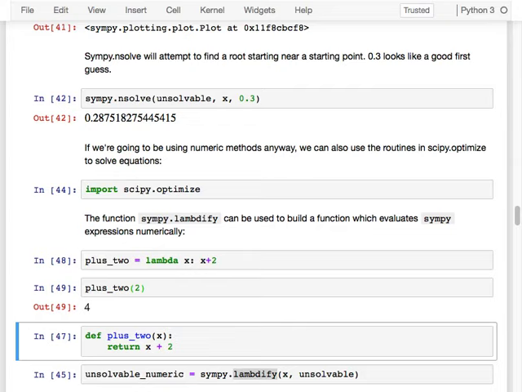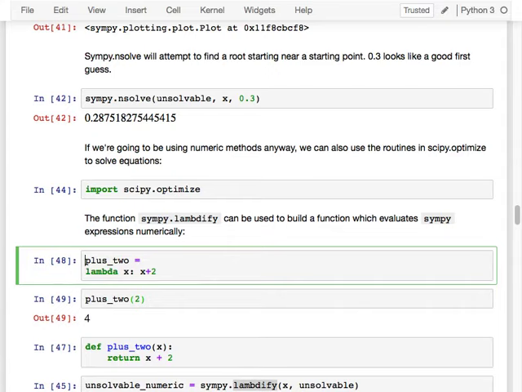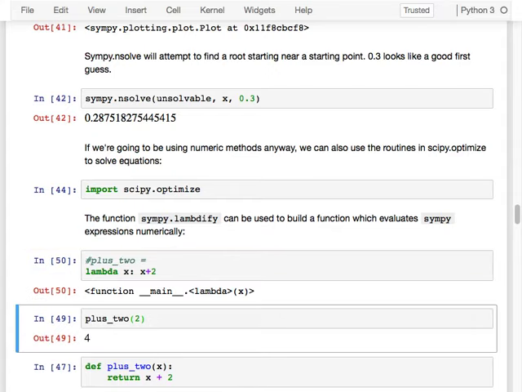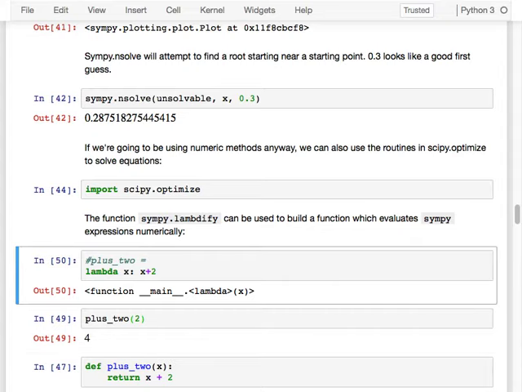Okay, so the Lambda keyword introduces these functions. They are called anonymous because they are not given a name. I don't have to give it a name. So if I just execute that line, what I end up doing is just building the function, but it doesn't actually have a name. I can obviously assign it to a name, or reference it using a name using equals, just like every other